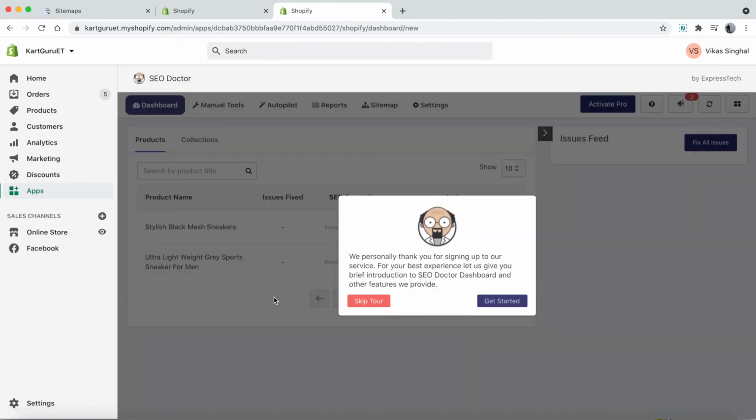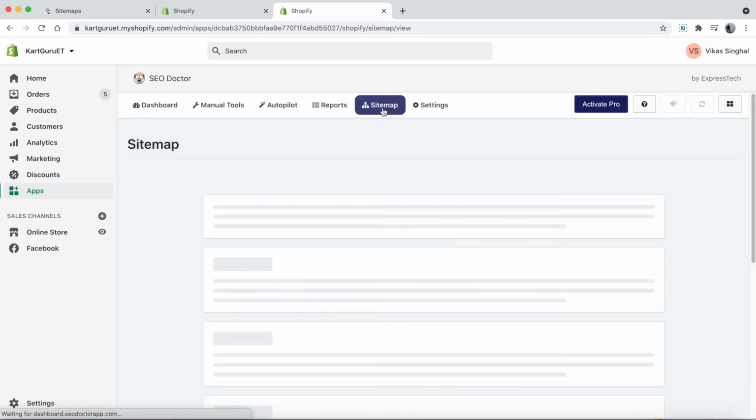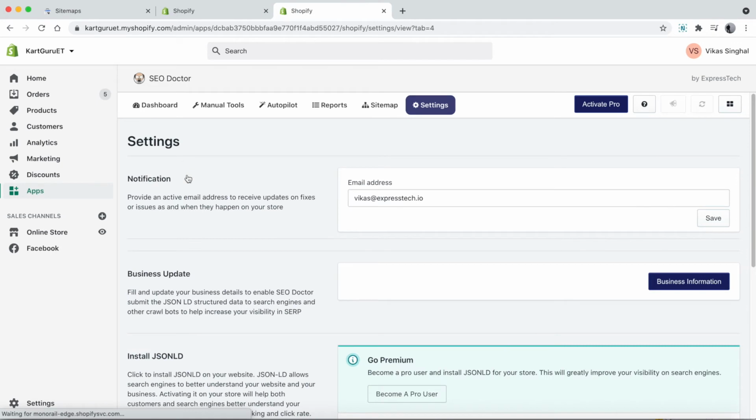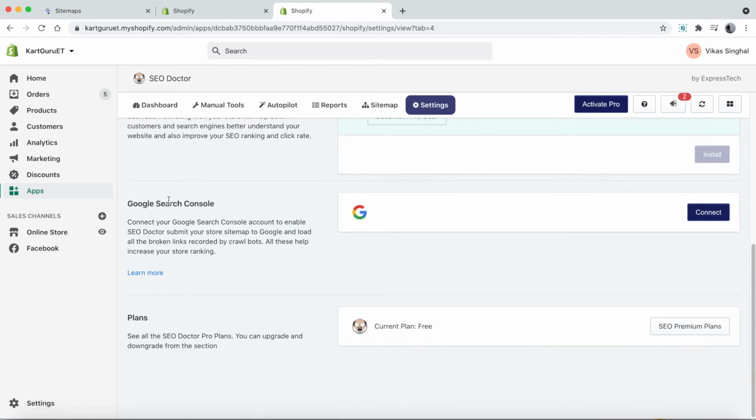In the next screen, you can go and have a tour of the whole app. I'm going to skip it for now, and then click on Sitemap. It says Google Search Console not connected, so let's connect it first. Go to Connect, go down a little bit, you'll see Google Search Console, click on Connect,